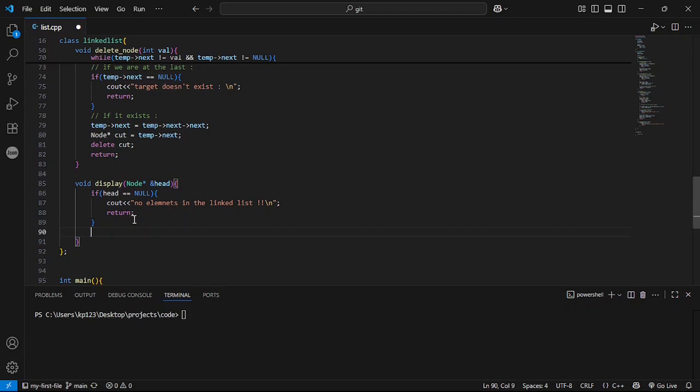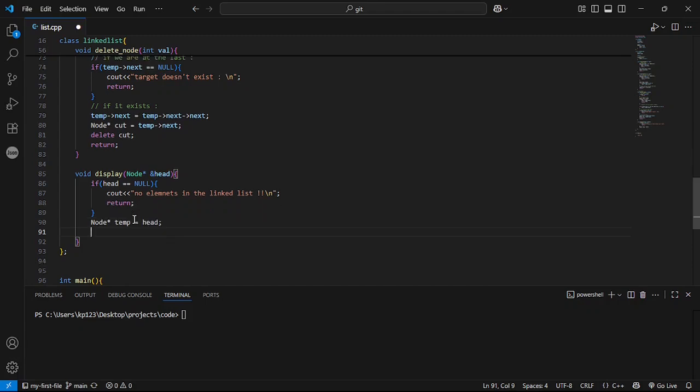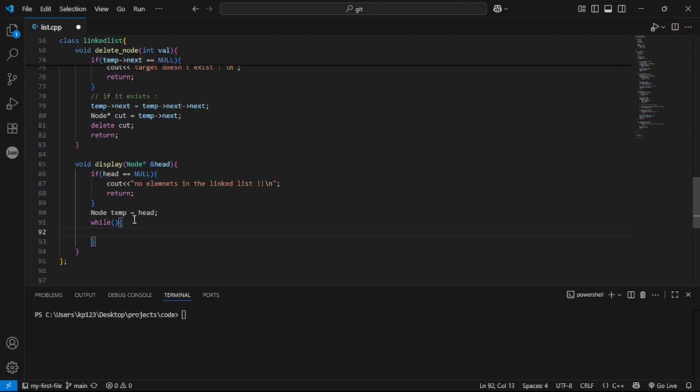Now if there are elements within the linked list, then we'll have node pointer temp equals head, or we can simply have a node which will carry head's value, and then while temp is valid, while temp is not null, we'll do cout temp's data.